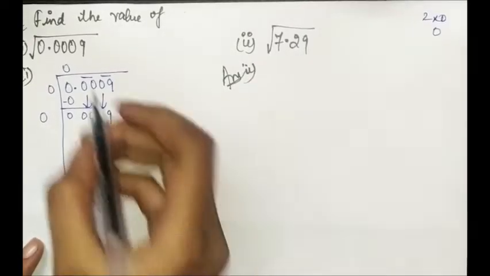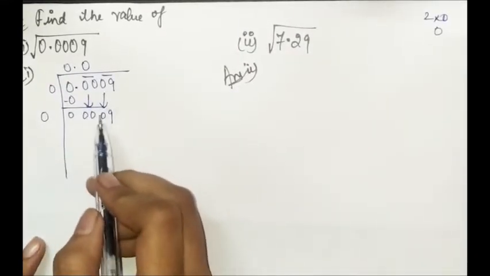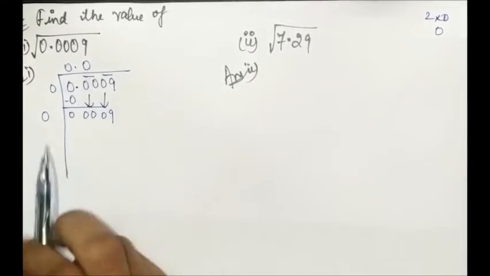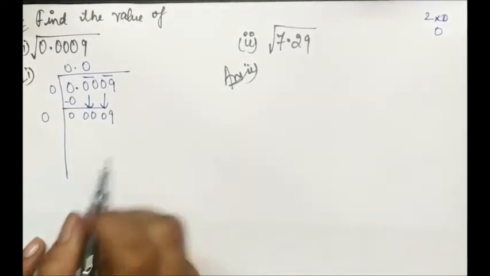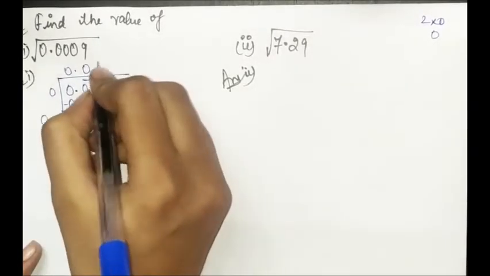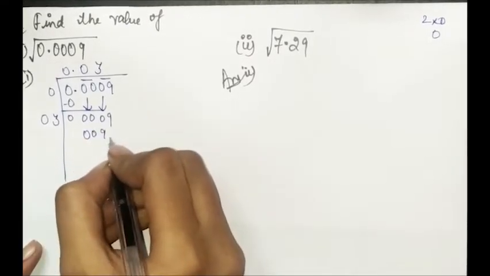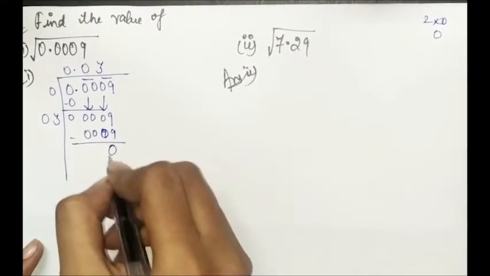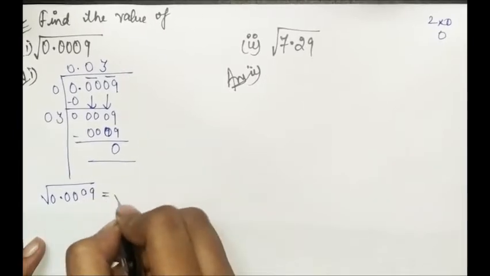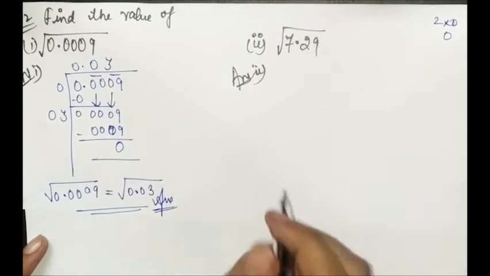So for 0 0 0 9 you have to write 0 also here, because in division also if we take two terms in a particular line, we have to add 0 in the question. Similarly we will be doing it here also. So for 0.09 here we have to write 3, that is 03. So this will be completely divisible. So the answer will be 0.09, the square root is 0.03 only.